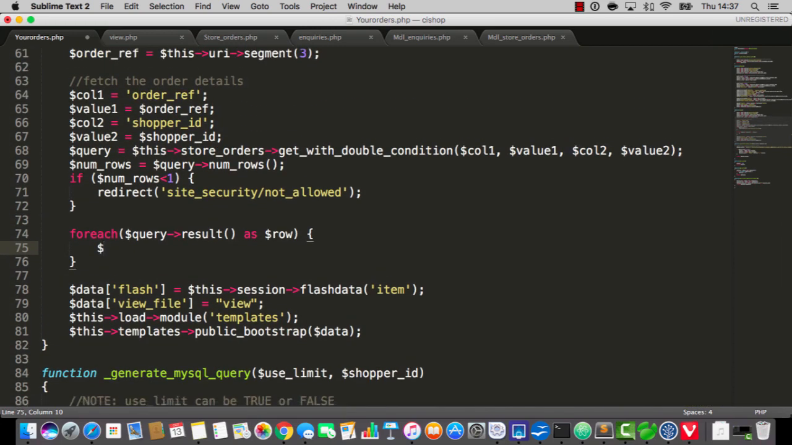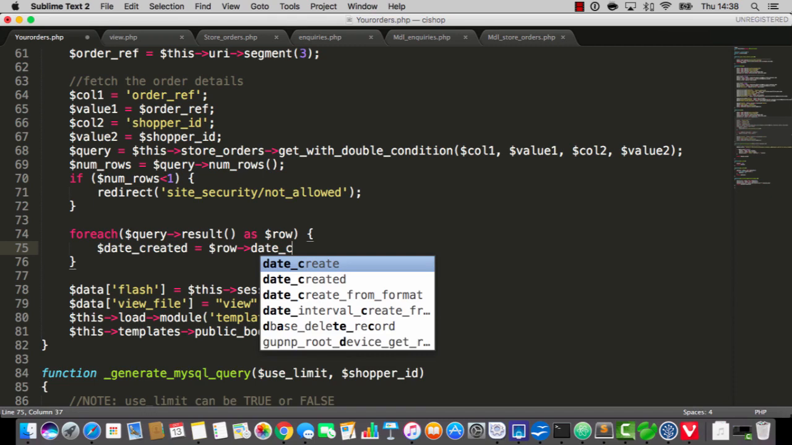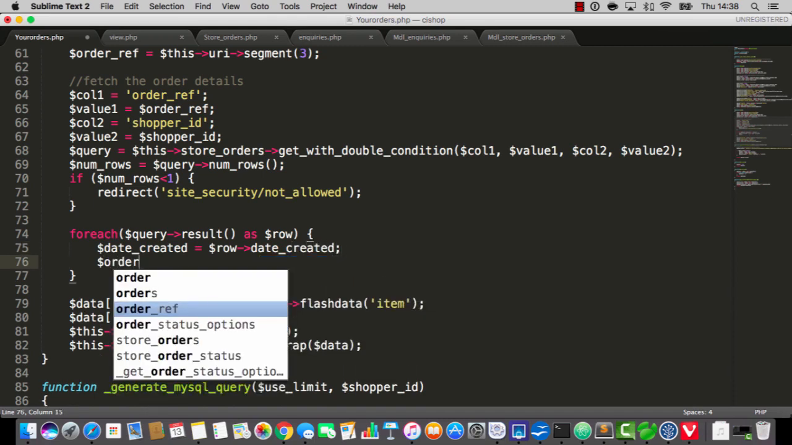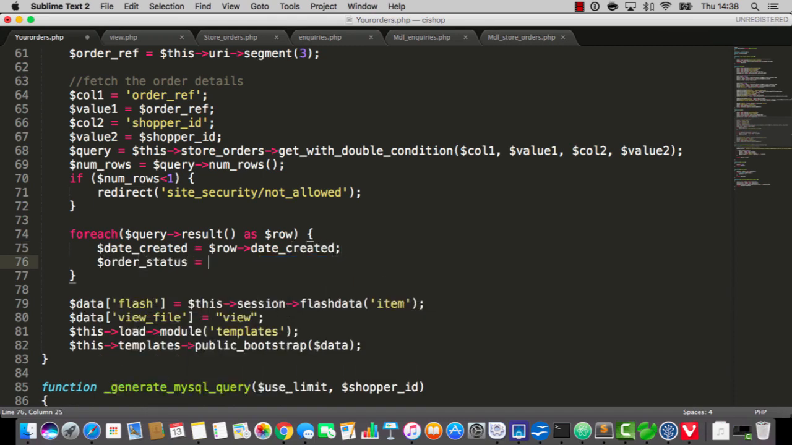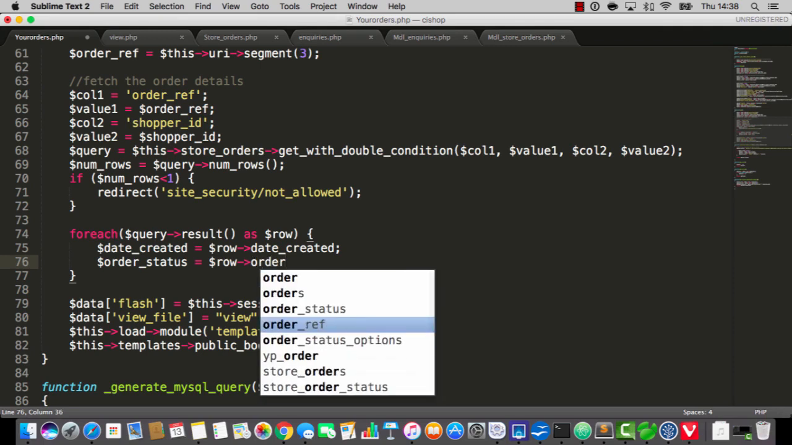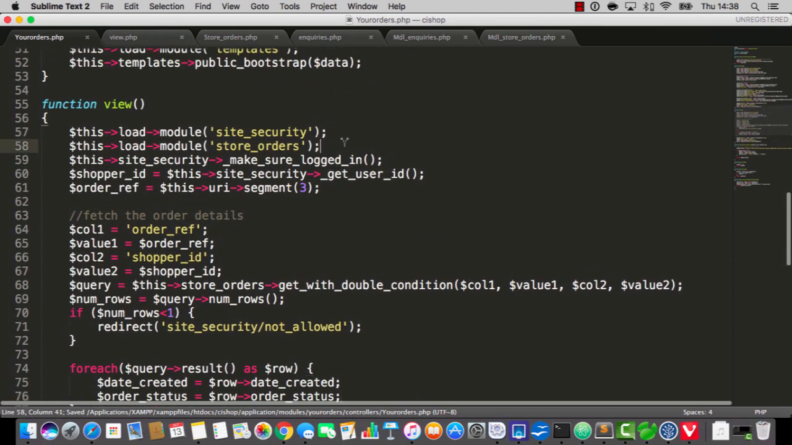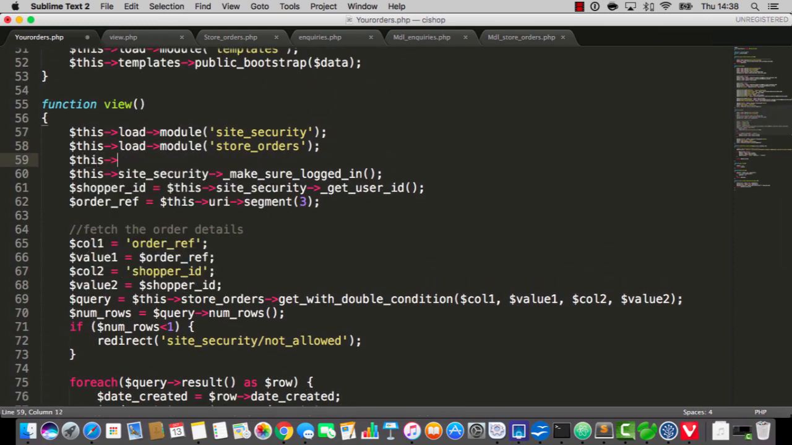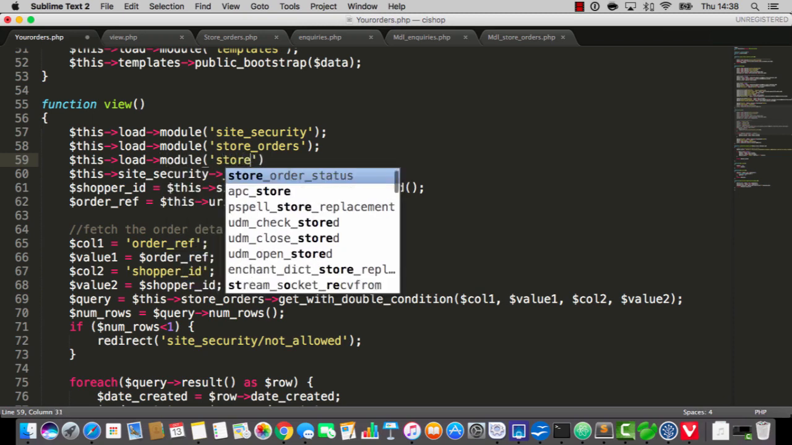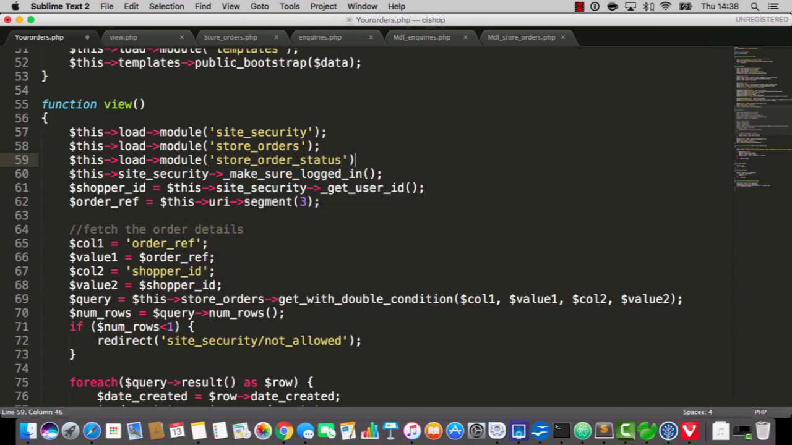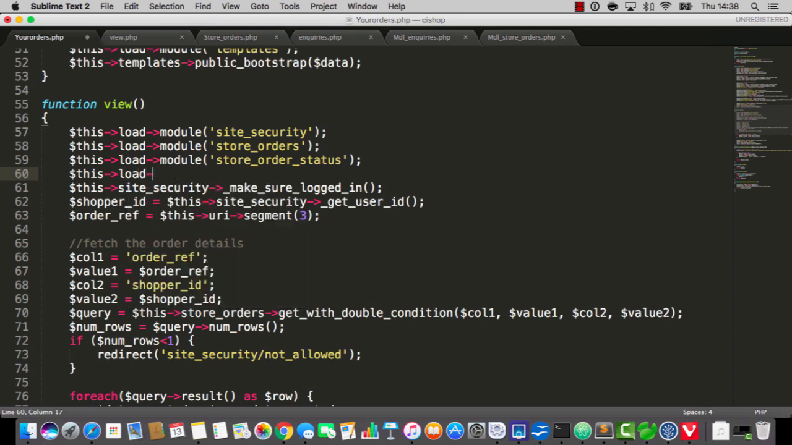Okay, we'll take date created is row date created. We'll take order status is row order status. Okay, now I'm going to load up a couple of other modules. They shall come in handy. I'm going to say this load module store order status, and then this load module